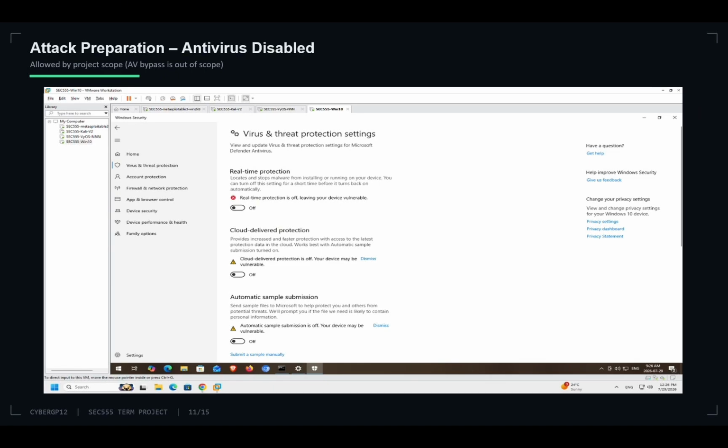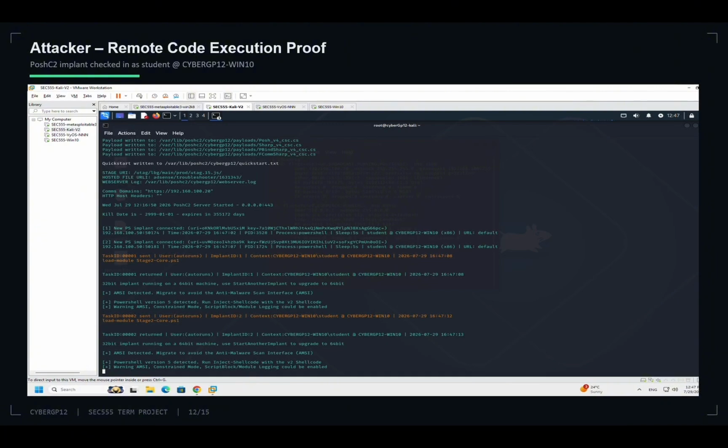For the remote code execution proof, this was one of the most important parts of our project. From our Kali attacker system, we successfully received a PoshC2 implant callback from the Windows 10 target. The session shows username student, hostname CyberCulture-Win10. This proves that we achieved remote code execution and that the attacker system was communicating with